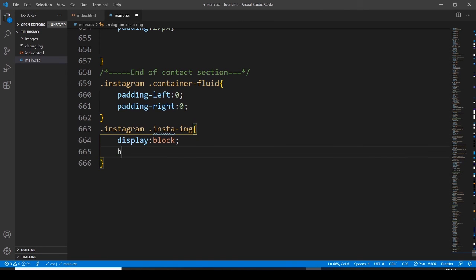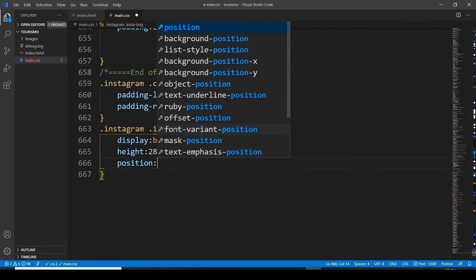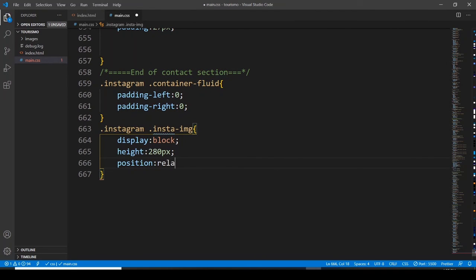Then we have a height for this. The height for this is going to be 280 pixels. Then we have a position, and position is going to be relative. So here we go. Then let me get the same selector,